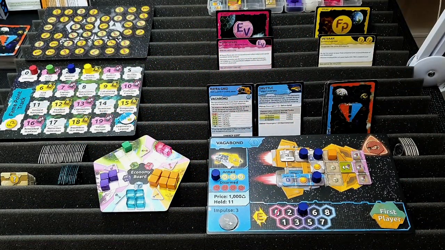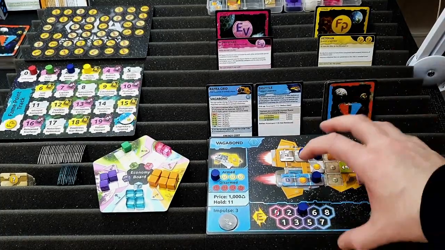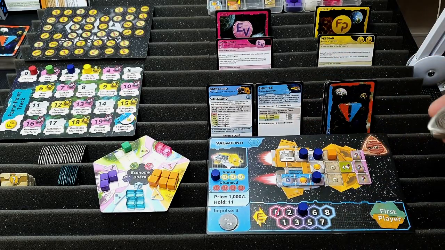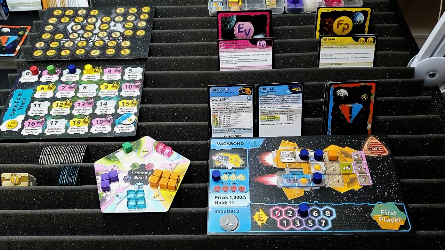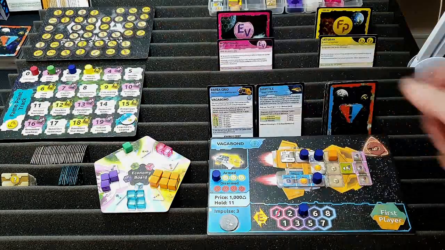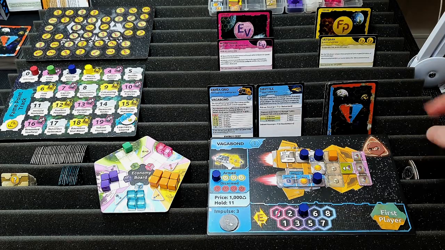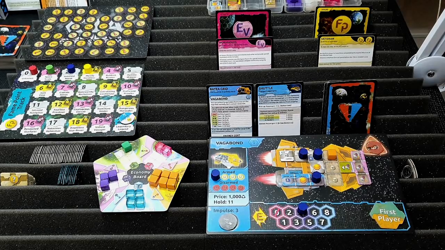And here we are at the business phase. Not gonna mess around with the Vagabond too much because we're gonna buy something else. So we're gonna spend 5,000 of these credits. Pop that over there. That leaves him with 2,000. We're gonna keep hold of those. And what we're gonna do is swap our ship, and we're gonna swap it for the Lone Drifter,